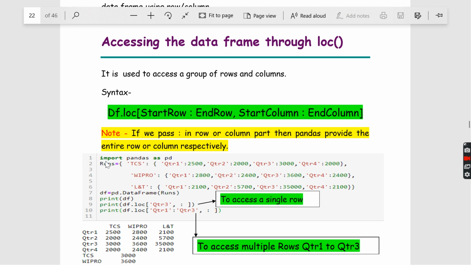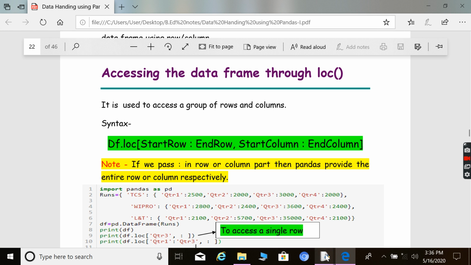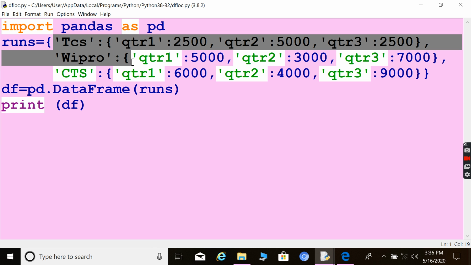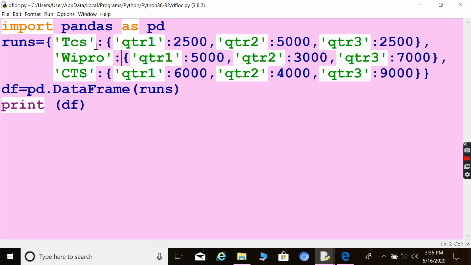See here, they have mentioned a dictionary into dictionary. I'm just going to show this one in the Python program itself. Now you are going to create a dictionary into dictionary. Last year you studied dictionary, right? A dictionary will have a key and then colon and then its value.